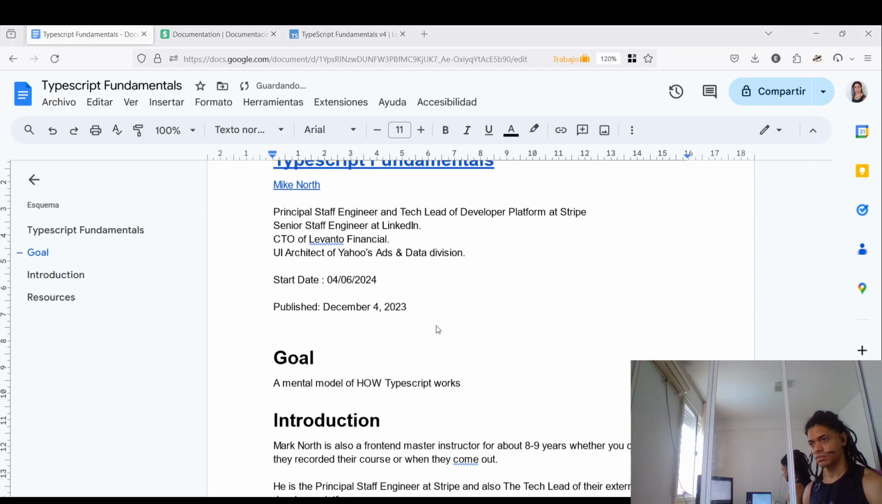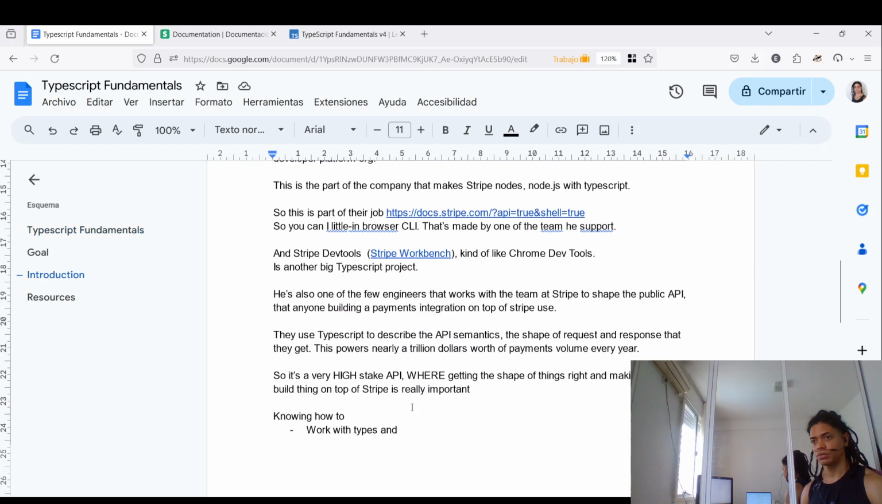Of course, we're going to discuss a bunch of different language features and how to work with variables and arrays and objects, things like that. But the most important thing I want to leave you with is how to think about types. A mental model of how TypeScript works, how to think about types. And this is what will let you not only understand the latest TypeScript release, but